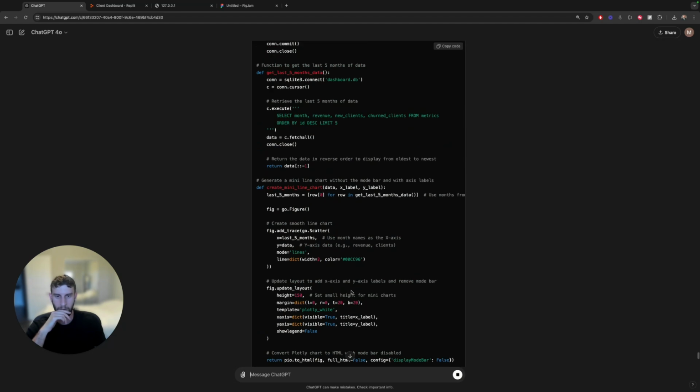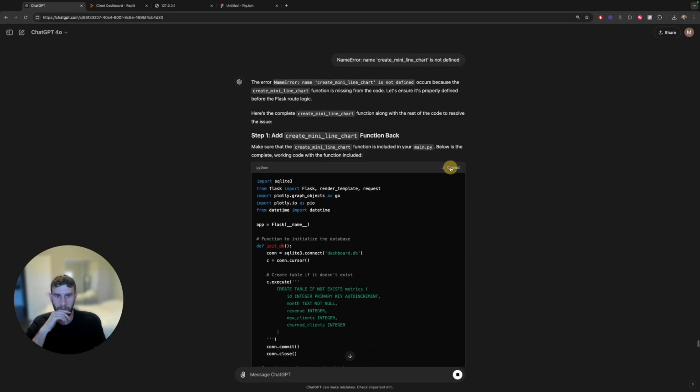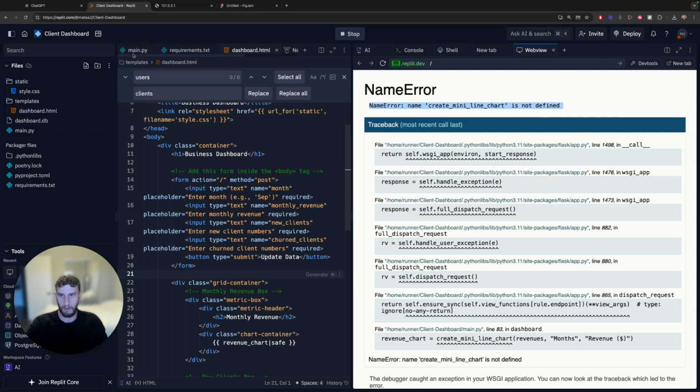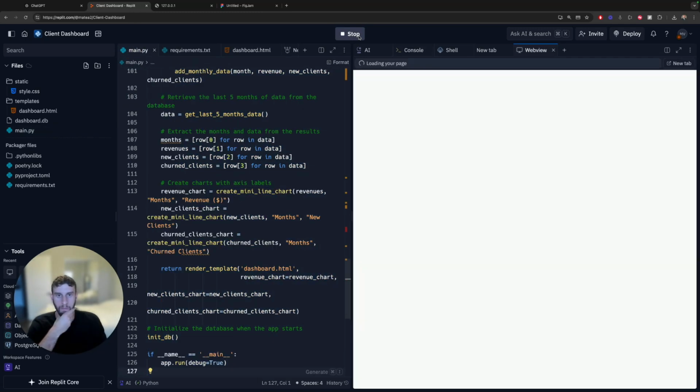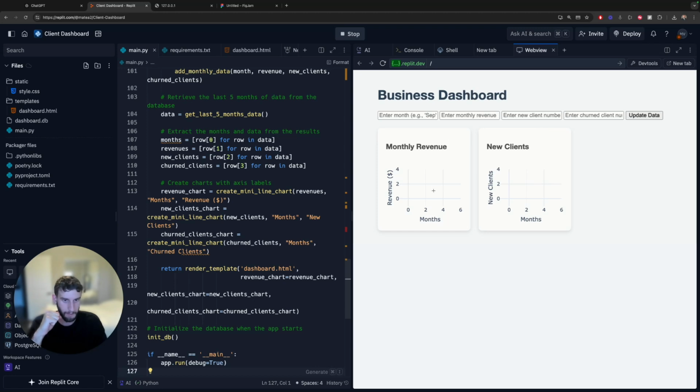And we are good to go. Okay, I copy this. No errors. Success. So now you see we have no data because this is actually real now. It's not hard-coded. And I have options here to enter the month and the monthly revenue, new client numbers, and churned client numbers. I don't know why it actually has this option because there's no chart for churn, but